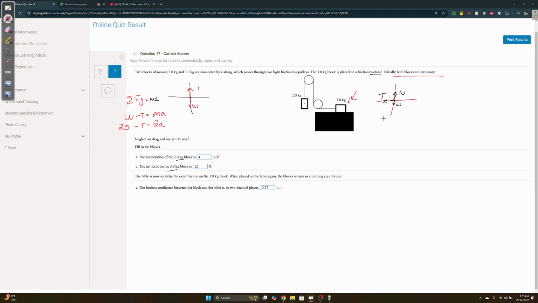For the 3 kilogram object, this is the FBD, it's going to the left, so T is equal to ma, so T is equal to the mass of it, 3a. We need to find an expression for T, it's 3a. So 20 minus 3a is equal to 2a. What does this mean? 20 is equal to 5a, so a is going to be equal to 4 meters per